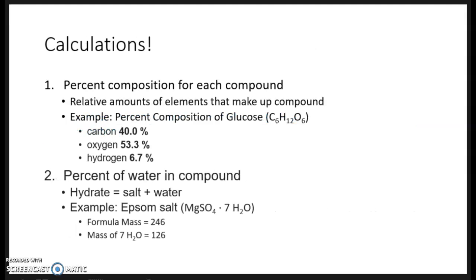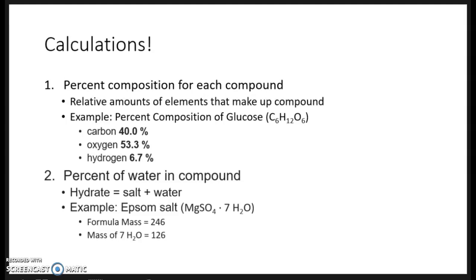examples from that assignment. So the two types of calculations that you had to make were for the percent composition, which, as you can see, gives us the relative amount of elements that make up the compound. As an example, the percent composition of glucose is 40% carbon, 53% oxygen, 7% hydrogen. Now, for the percent of water in a compound,